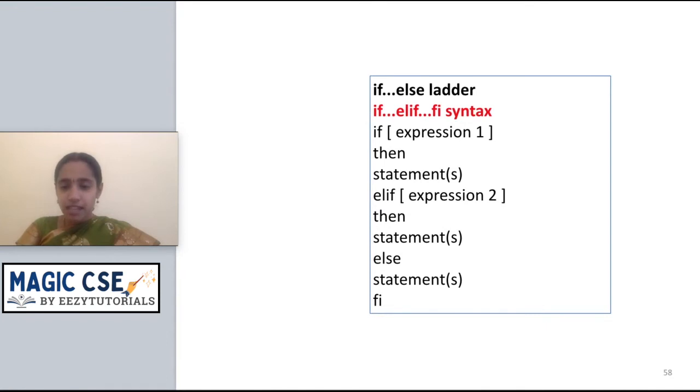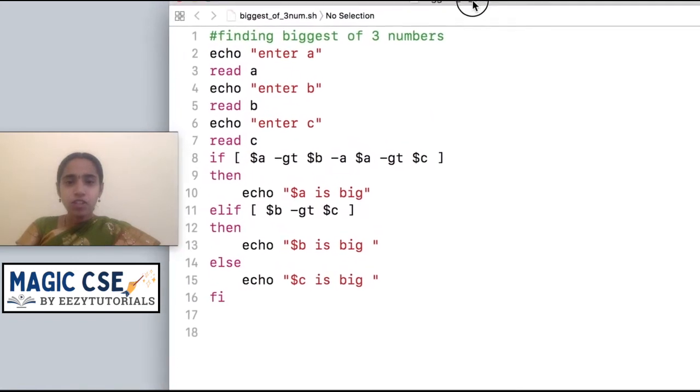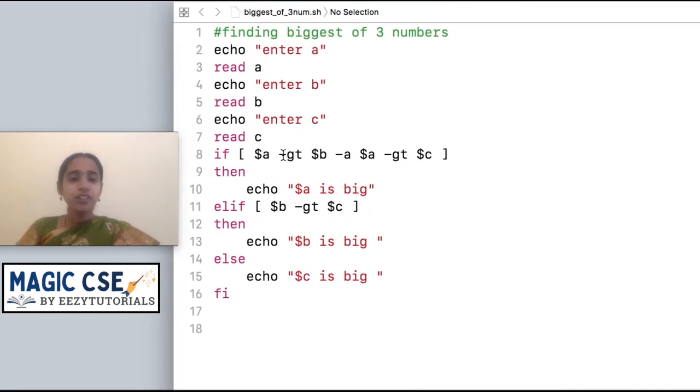So we will see an example for this: biggest of three numbers. To find the biggest of three numbers, first we will be checking. We want three inputs. Let them be A, B, C. So first we are getting the input. Then we have to check whether A is bigger. How will we conclude that A is bigger? A must be greater than B and also A must be greater than C. So you are having two conditions for combining. We use the logical operator AND, because only if both the conditions are satisfied can you tell A is greater.